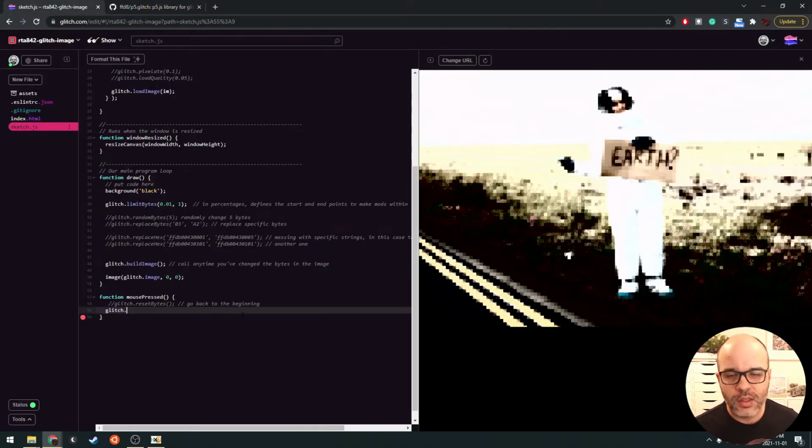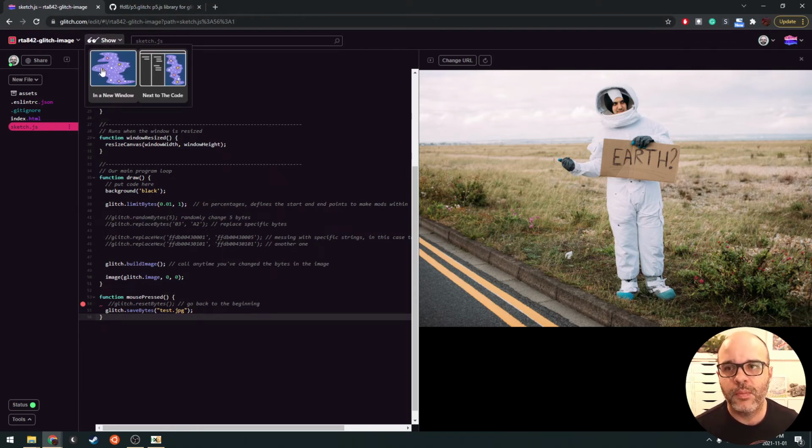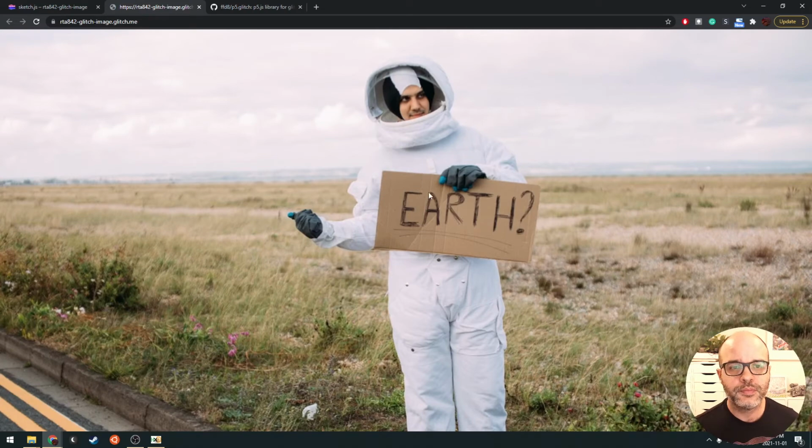So if you've created an image that is interesting, you can say glitch.saveBytes, and then we can give it a name. I'm going to call it test.jpg. Okay. And if I hit refresh here, in theory, if I press the mouse here, it would take the image and download it as a file. Except for some reason, which I could not figure out why, this doesn't work when we have the code side by side with the editor inside Glitch. So if we want to see that this works, we're going to open this up in just its own window. Okay. And now if I press the mouse,